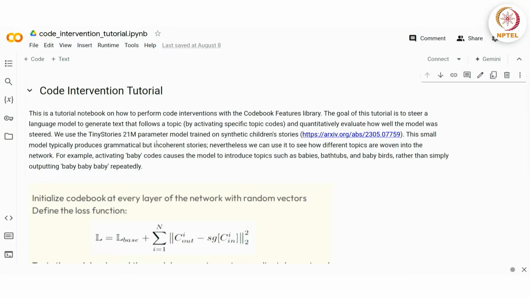Codebook features are a method used in training and interpreting neural networks. They help make these models more understandable and controllable by incorporating discrete learned codebook entries into the model's layers. So, in each layer of a neural network, codebook features introduce a bottleneck where continuous activations are converted into discrete